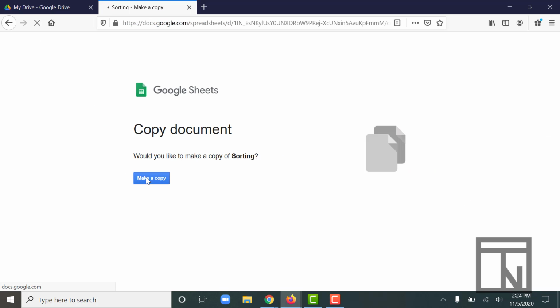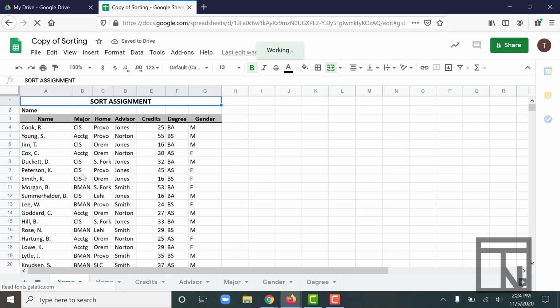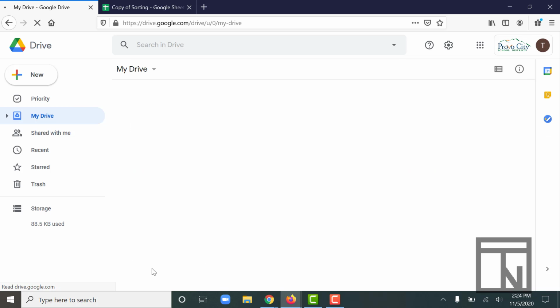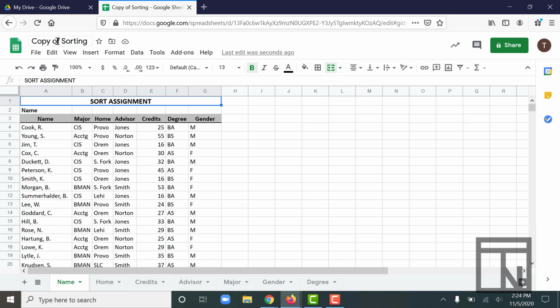I'm going to click on mine and open up the workbook. And as always, we're going to move it into the boss folder and change the name so that it doesn't say copy of anymore. This particular workbook has several different worksheets, all of which are identical right now. What we're going to do is just walk through each one, learning how to sort this information in several different